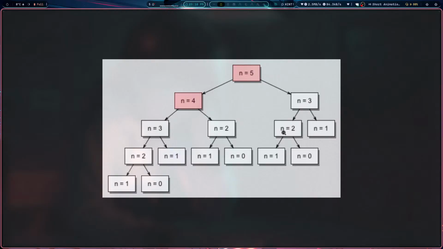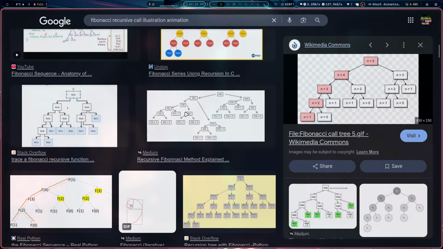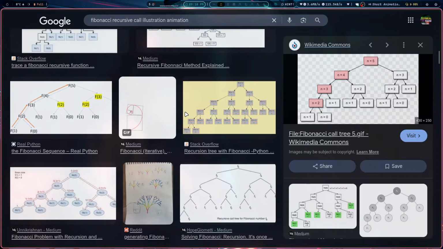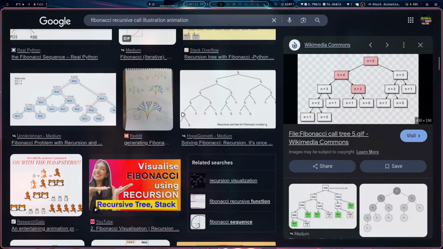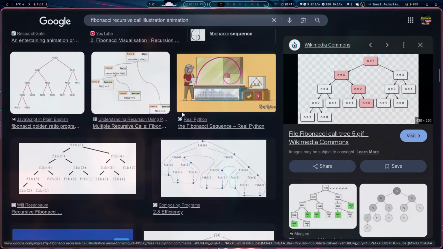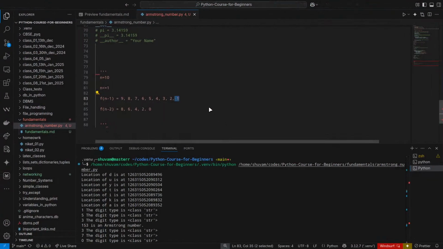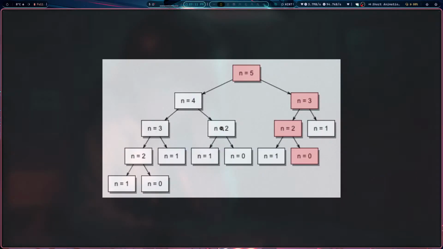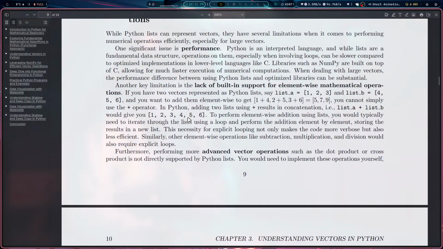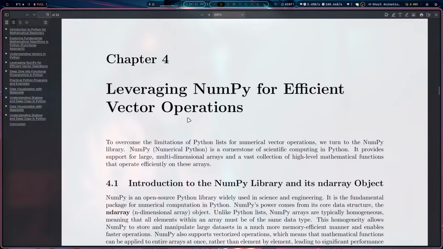Fine. Do you have any issues? I know the explanation might not be that clear unless until you write it down. एक एक करके एक बार लिख लो. That would be better. Like, I'm really asking, was it clear, or do you have questions? No, it's clear. Okay, then it's fine. So this was with the Fibonacci sequence recursive call, and we were going to start vectors, but probably it's already